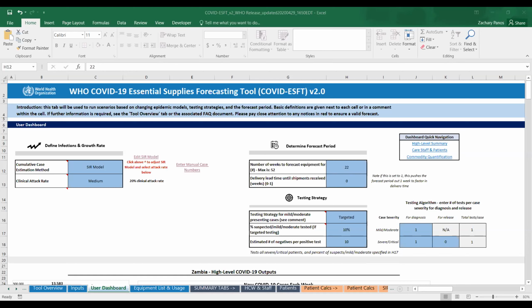And I guess a question that I might ask in line with Jacob's comment, have you guys had feedback from users for this tool in terms of either what teams should be brought together to complete this tool, or what resources you might recommend turning to complete assumptions around things like clinical attack rate or doubling rate, things that some of our logistics users might be less familiar with?